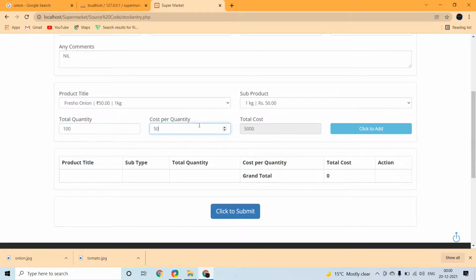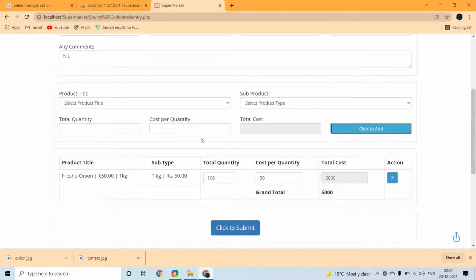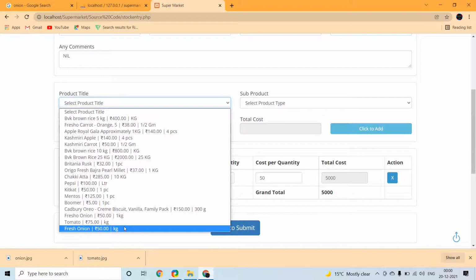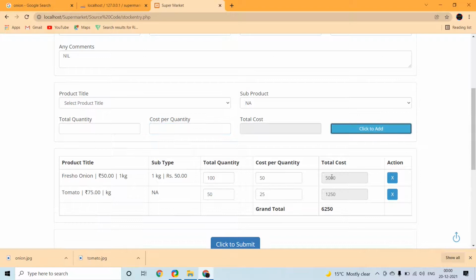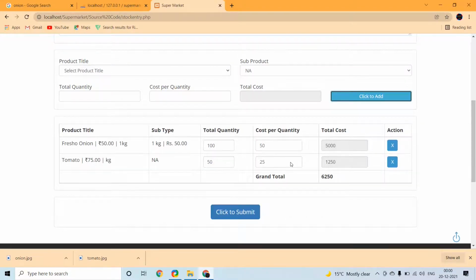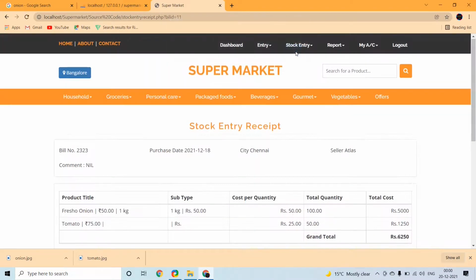Cost per quantity, see, total quantity 50, cost per quantity, and finally click on submit. Now the stock entry receipt will come.